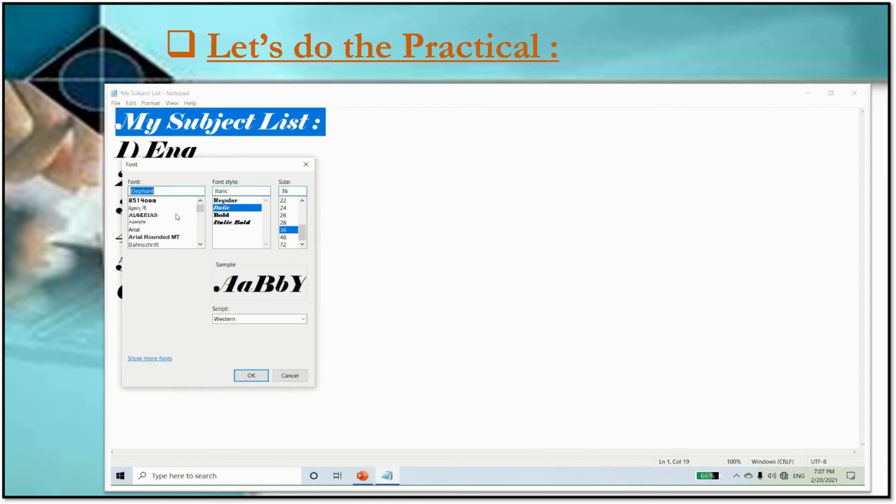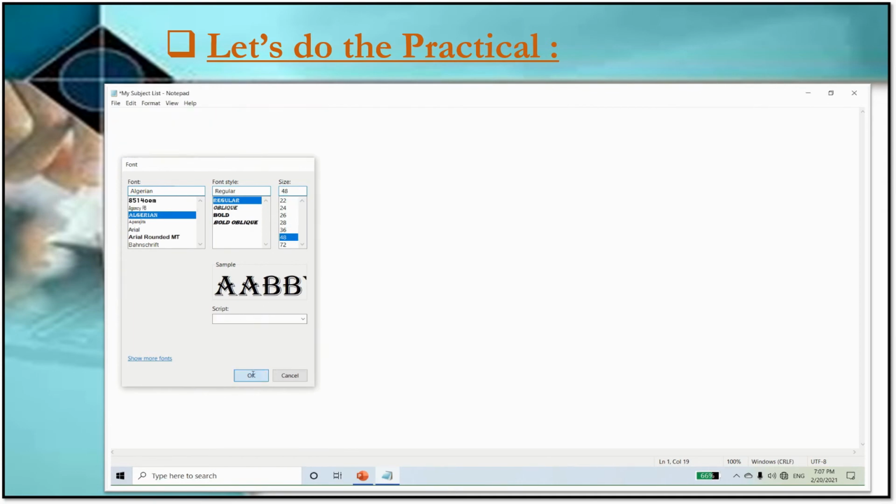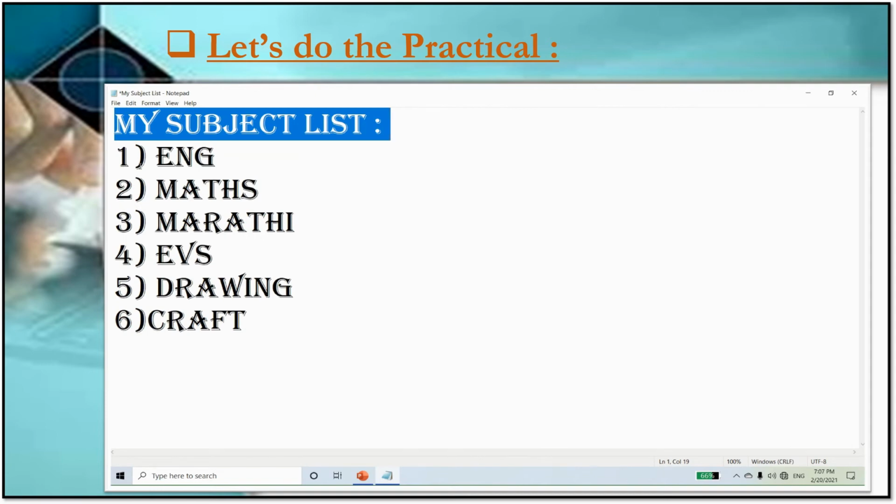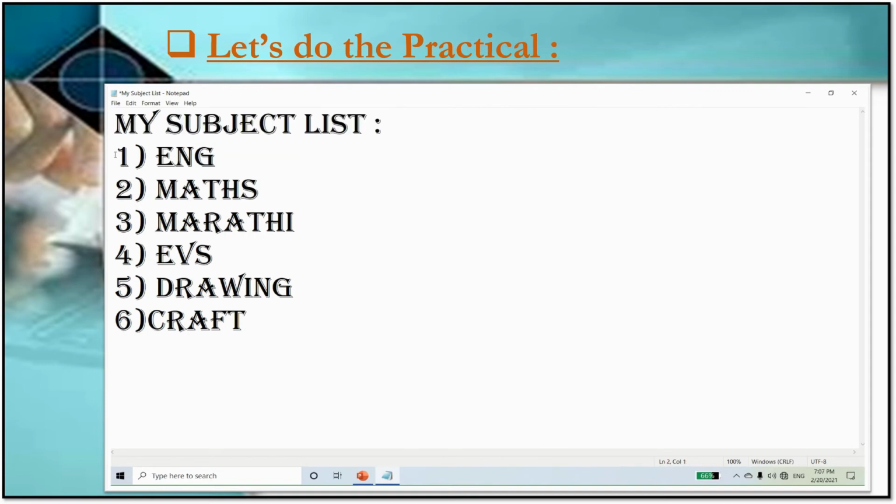So you will just click whichever font or size you want. So here you can see I have selected my font, that is Algerian. Afterwards, I am clicking my regular font style and now I am selecting the font size. So I have clicked the 48 size and then clicked OK.